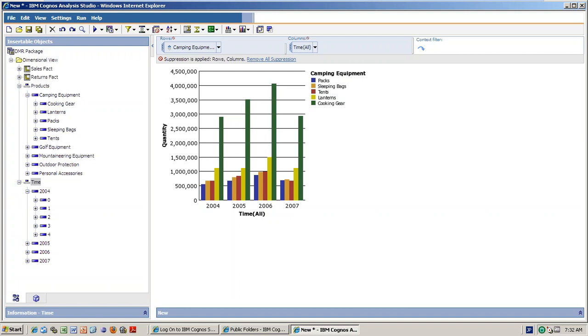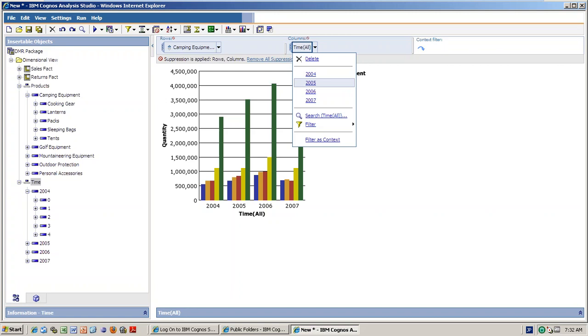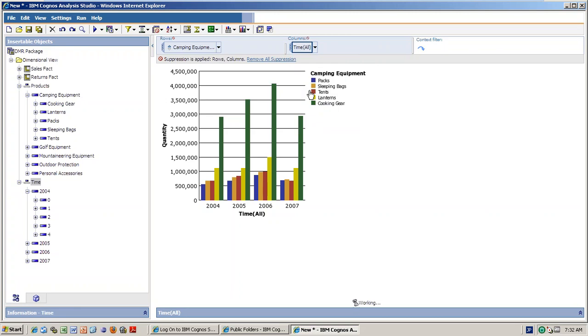You can take whatever level and wherever you want. So if you want only the 2006 level and Q1, Q2, all those things, you can select.